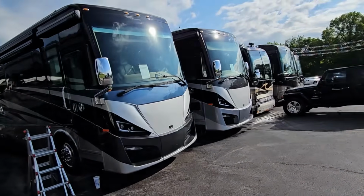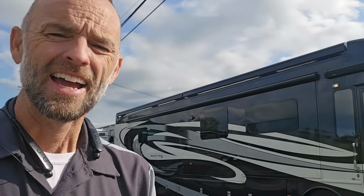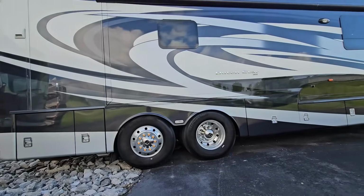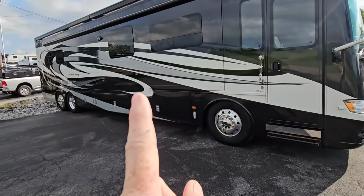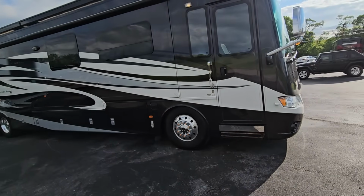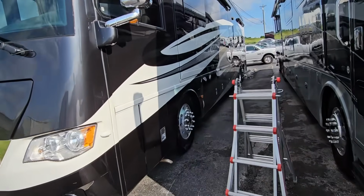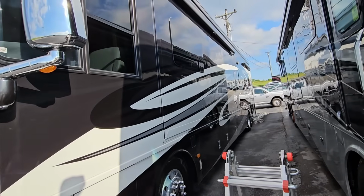But I do want to take the time to point out some very unique features on at least 3 RVs that I have been inspecting, because even though these are beautiful Phaetons, he's got some beautiful Allegro buses over here. We've seen these quite a bit. And to the untrained eye, this 2016 Dutch Star might not look very impressive either, but it caught my eye immediately because it has a full wall slide out on the passenger side with the entry door. That's not a floor plan I see very often with Newmar. Normally the full wall slide out is on the driver's side over here, but instead it has 2 smaller slide outs